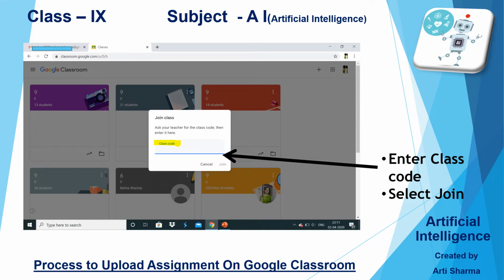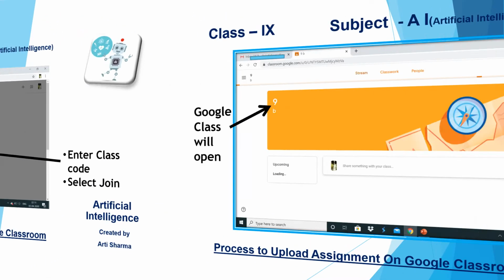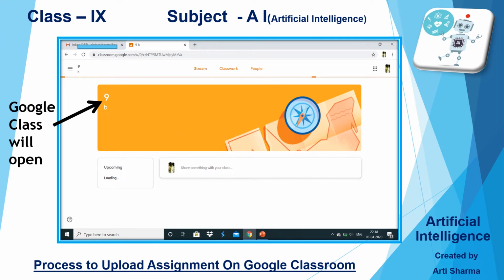So first you have to enter the code to join the class and then click on join. As you click on join, you can see that particular class will open in front of you. Whatever class code you have given, that class will be joined by you.